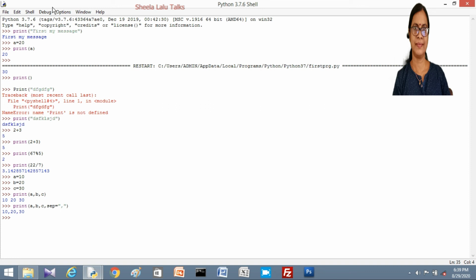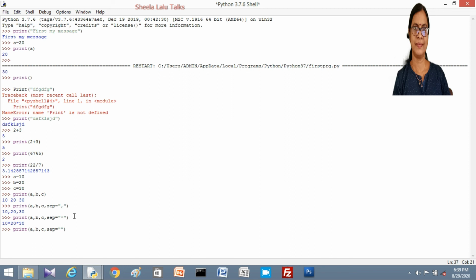In this way, instead of comma, we can use any other character. Suppose it is print(a, b, c, sep= within double quotes, star). Then we can see that the star separates these numbers.